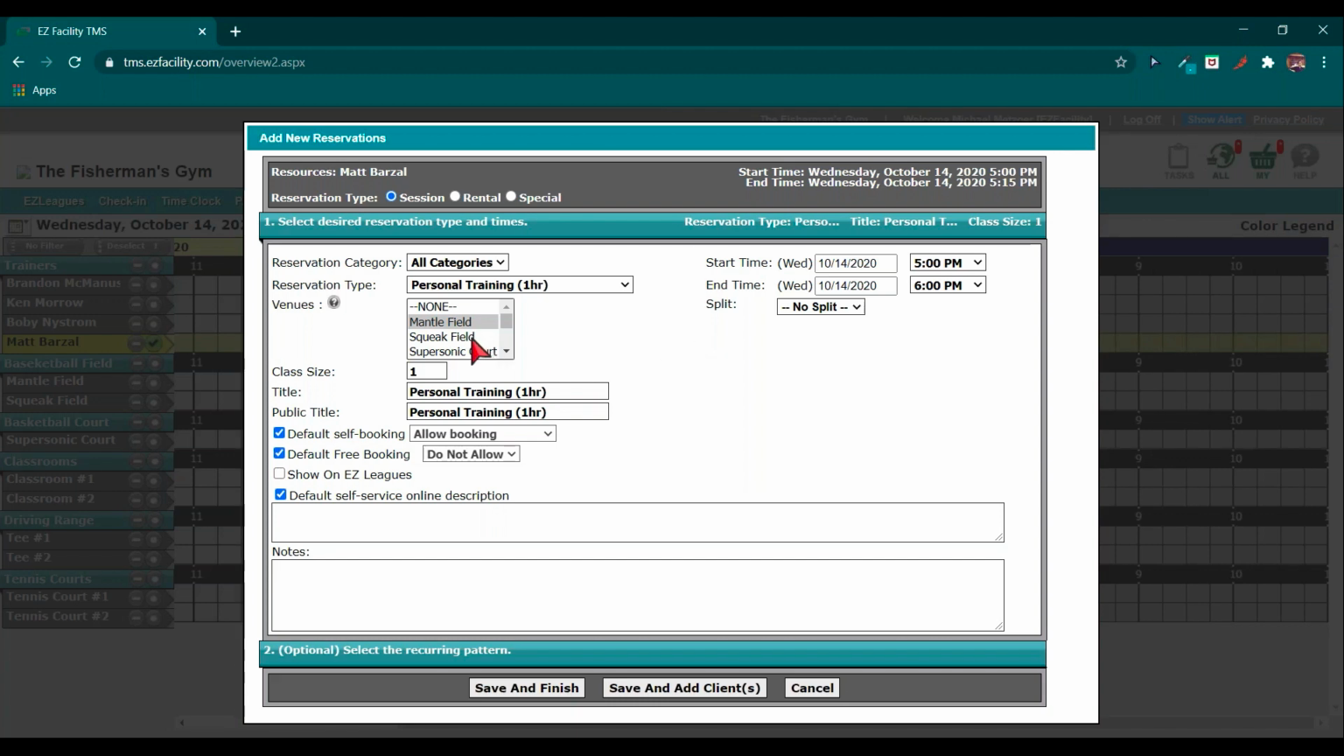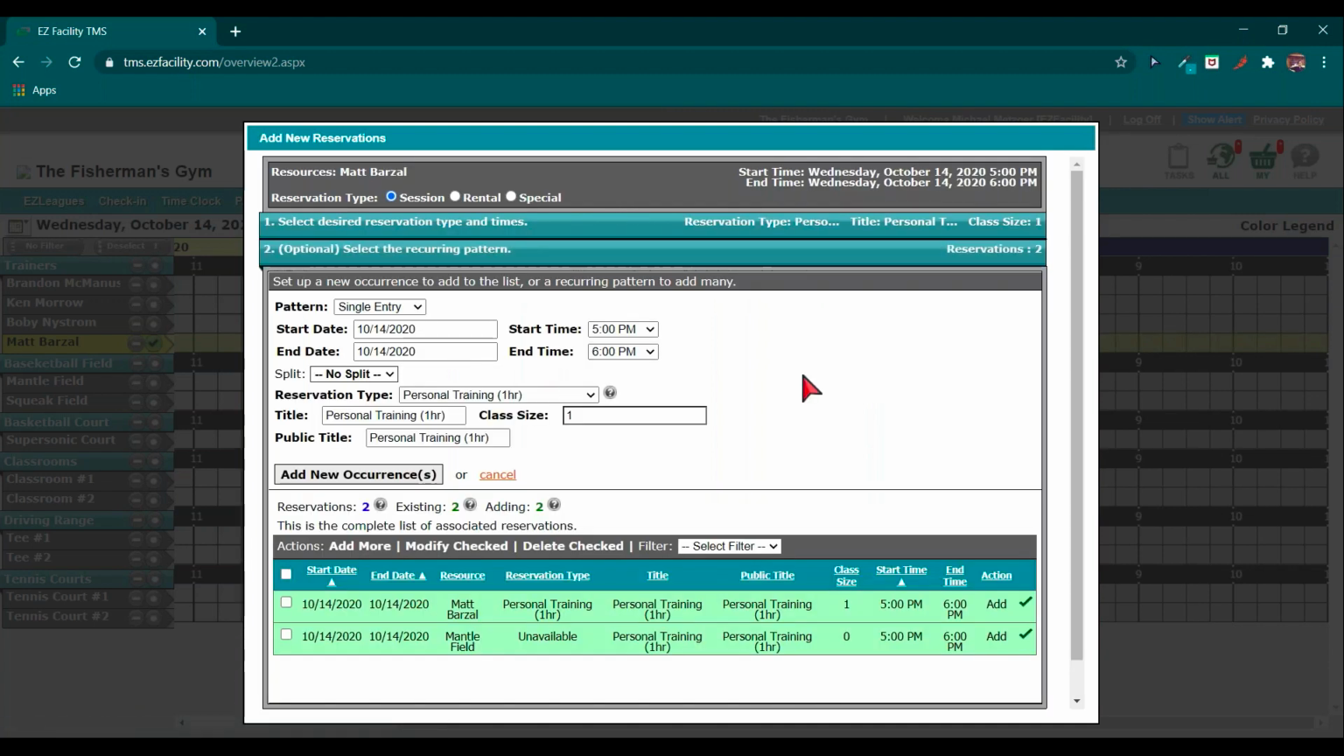Maybe they're using 2 fields. You can just hold down control and you can select both of them at the same time there. So have that feature there available if you would need that. And I'll leave that in here for now. All right, but from this point, we now want to take this exact booking here and copy it for the rest of the year. So if I go down to number 2, where it's saying select the recurring pattern, all right,